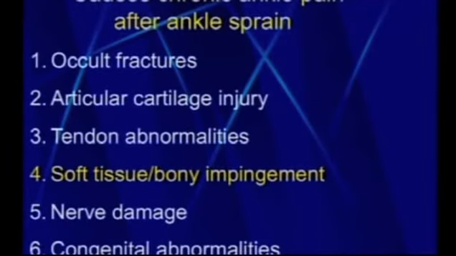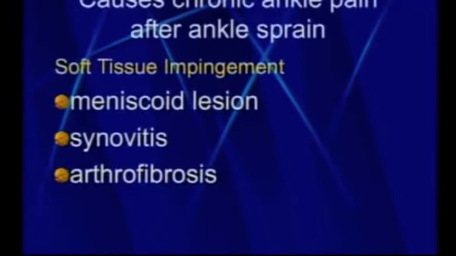Looking more at the soft tissue and bony impingement problems that you can have. These can be things like the so-called meniscoid lesion, simple synovitis, or arthrofibrosis in a joint. Now these are the ones that sometimes an MRI scan will not help you with. So if you have somebody who's got symptoms in their ankle joint from their history and examination, and they've got a normal MRI scan,